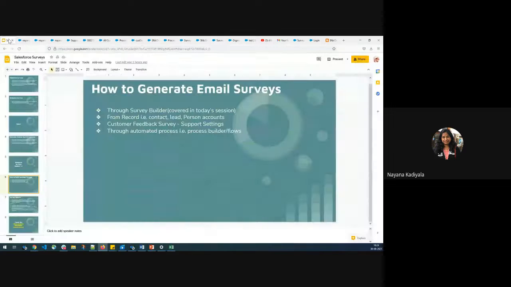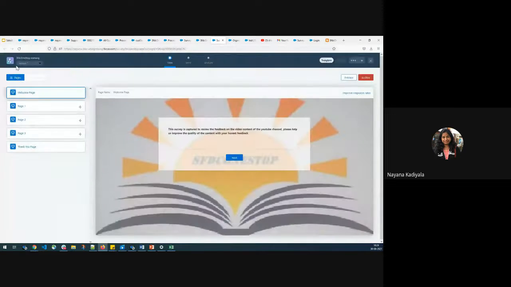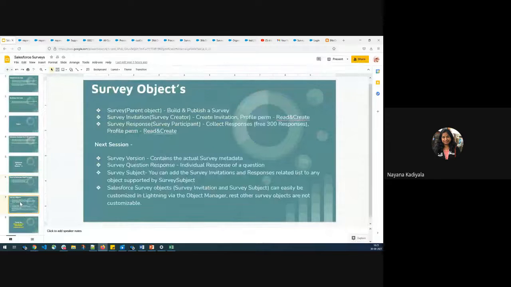And one important aspect, you see there are different versions over here. This version is also stored in one object called the survey version object. So the survey version object stores all the versions available for one individual survey. It's nothing but the metadata of the survey.